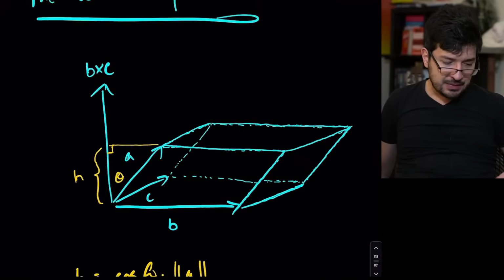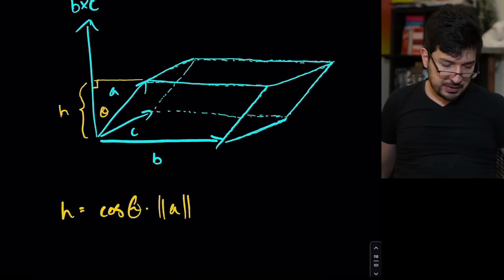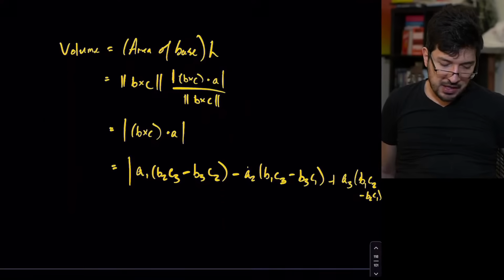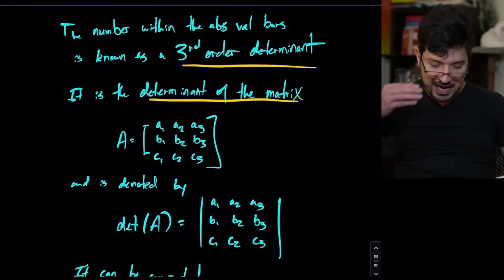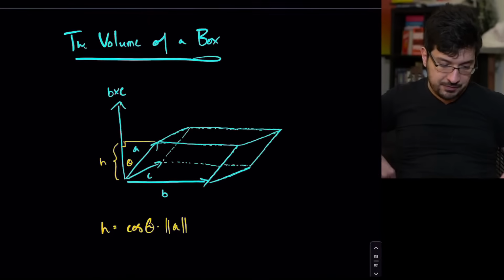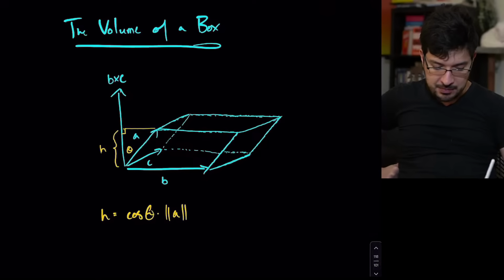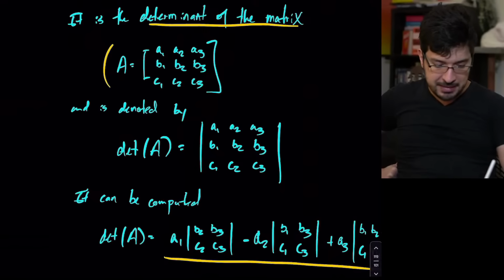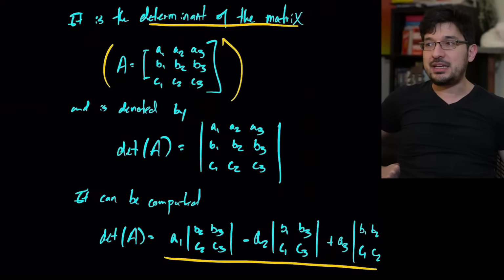So in 3 dimensions, we can create the cross product, and then finding the volume of a box is very similar. If you want to calculate the volume of a box like this, you do something very similar, but it ends up being the determinant of a 3x3